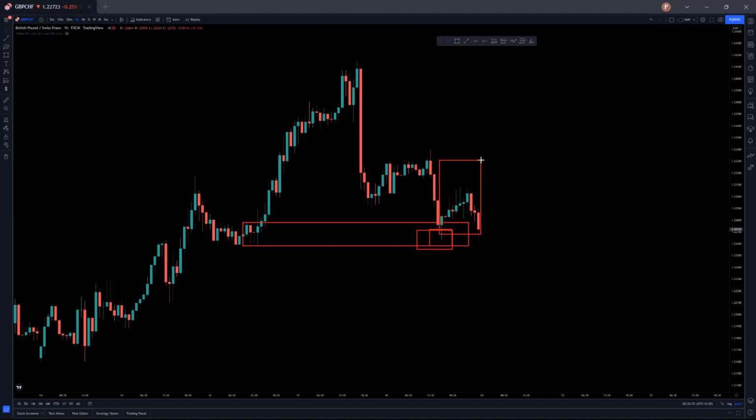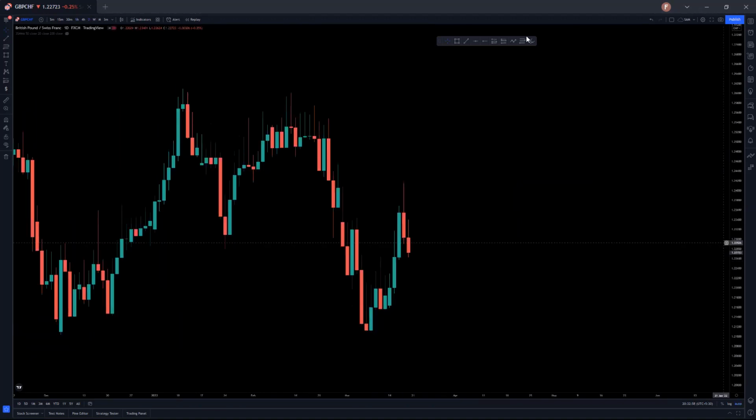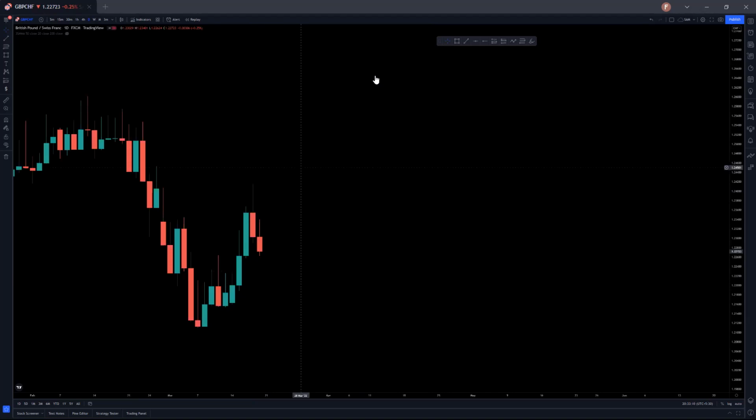All right, so now here there was kind of a POI also. You will be like, all right, let's go long, but look at the daily, bro. Daily was never telling you to go long. It was completely lower lows and lower highs. It is completely telling you to go short, maybe at least to this imbalance.